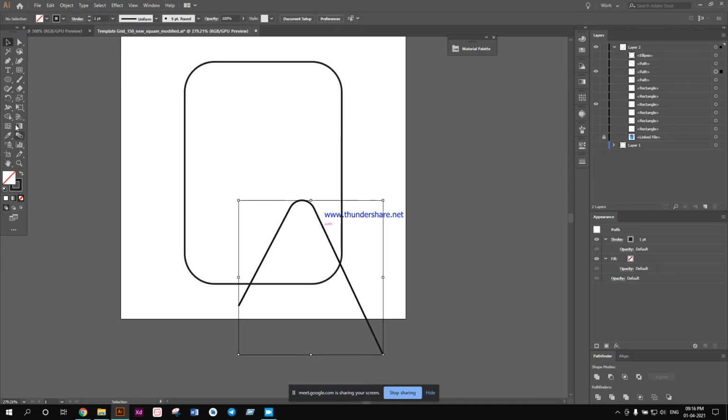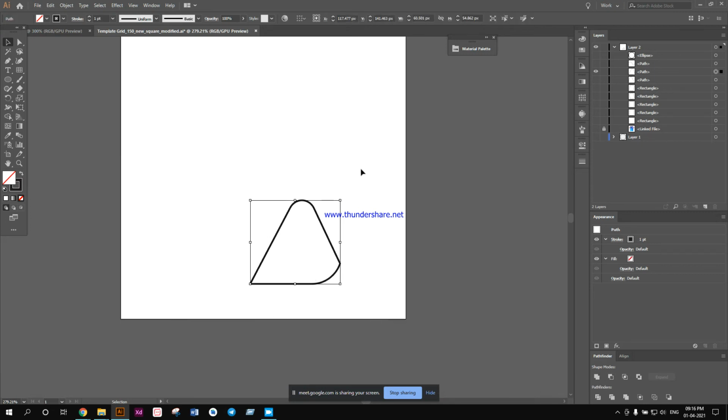First bound the edges of this mountain, because otherwise it will not act. Okay, let me show you what happens actually. If I just select these two objects and then intersect, oh, it actually took care of it, but sometimes it doesn't take care of it, so that's why you need to do this.